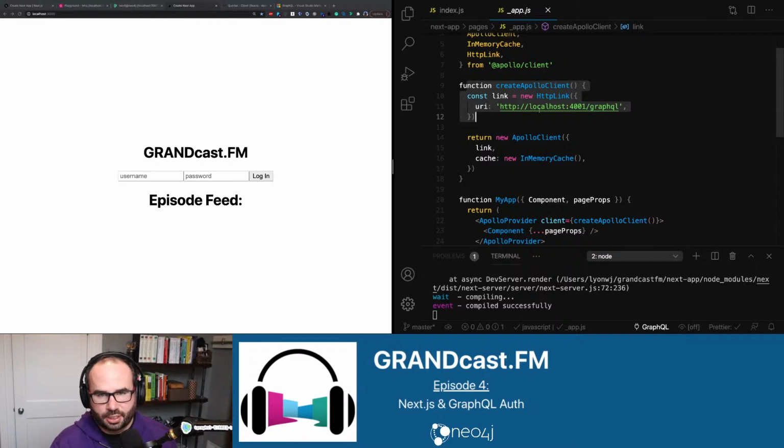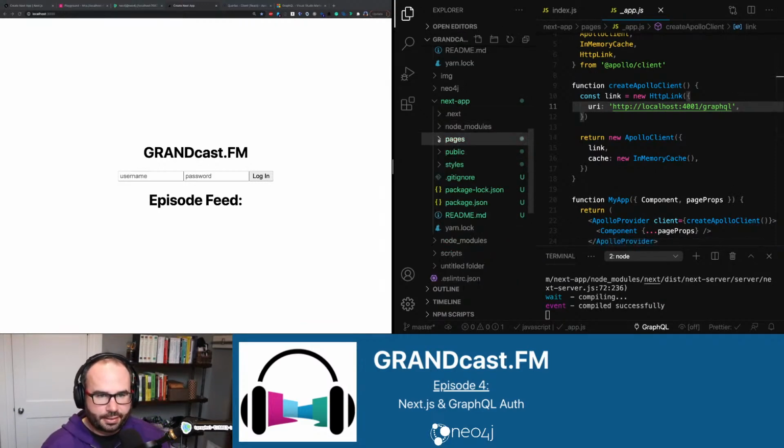in this HTTP link, because this is where we need to specify the headers that we want to add to our GraphQL client requests. So we have a little bit of state to think about here, right? Because we also want to have the ability to make unauthenticated GraphQL requests. So when we're not signed in, there's no header to add, go ahead and send that. But when we are signed in, we need to keep track of, yep, here's the auth token for this user and add it here. So I think what we'll do